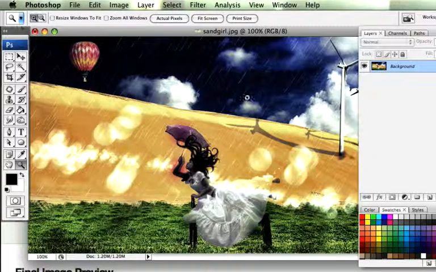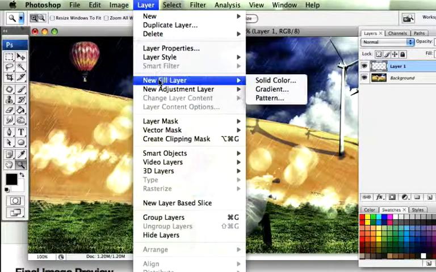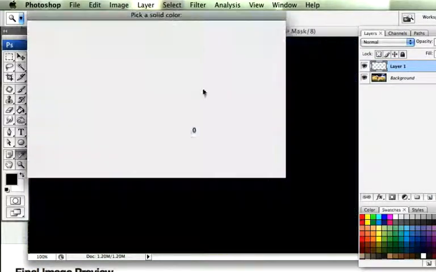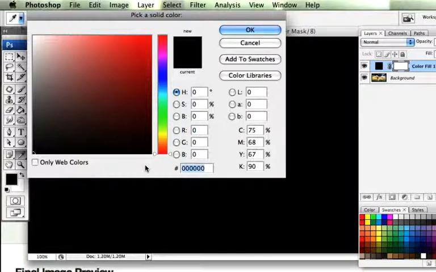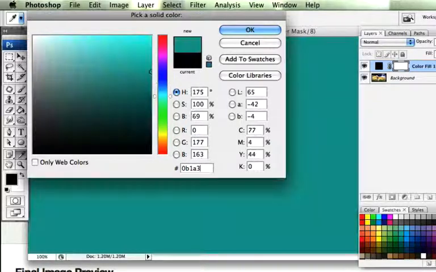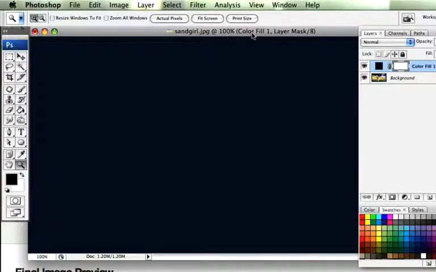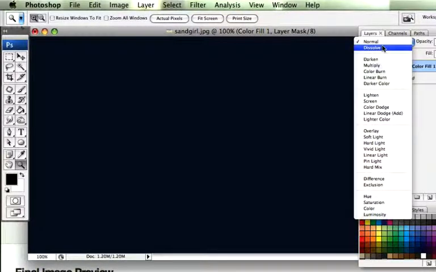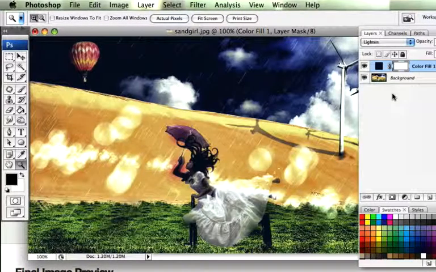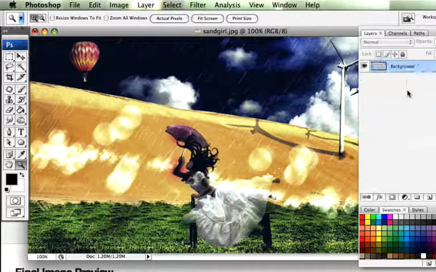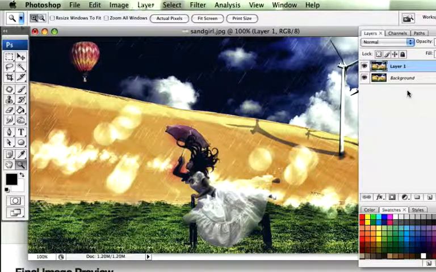And then we're going to add a new layer. We're going to fill it again, this time with a different color. So a new fill layer, solid color. And this one is going to be 0B1A39. Click on OK. We're going to set this layer to lighten, and we're going to flatten the image one more time, then duplicate it again and reduce the fill down to 47